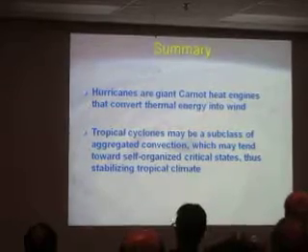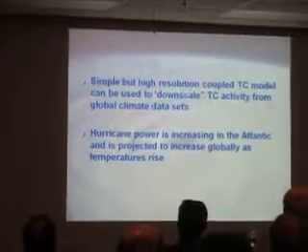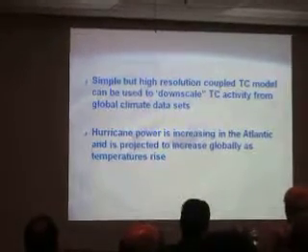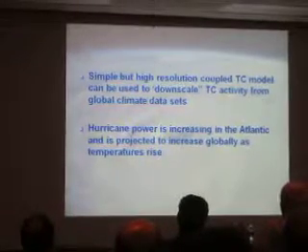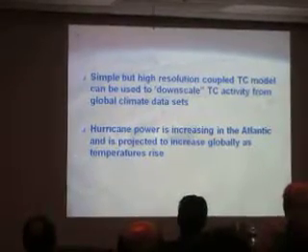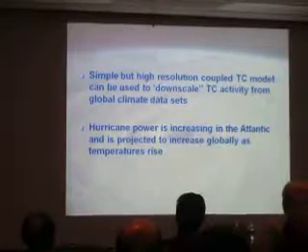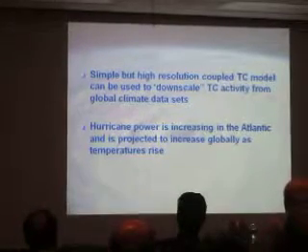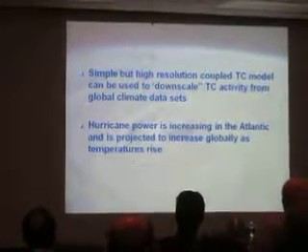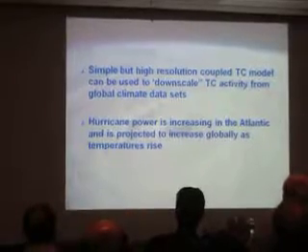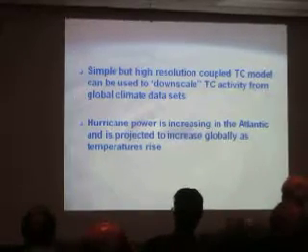That's speculation at this point. We have this downscaling technique of embedding very high resolution coupled models inside the output of climate models. It seems to work pretty well. The hurricane power has been increasing in the Atlantic, and we project it to keep going up more or less globally as the temperature